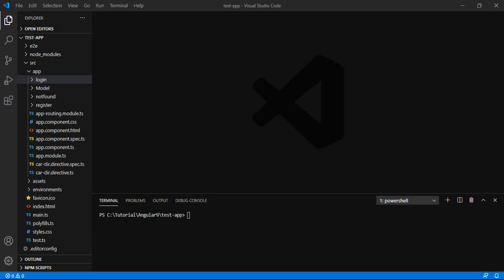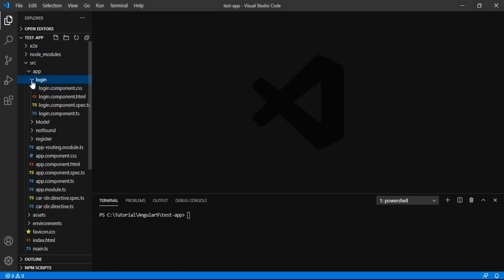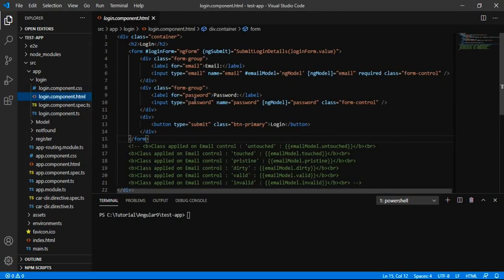implementing the reactive form. We have already implemented a form with the use of the template driven approach. Now we will try to convert this template driven form to a reactive form.